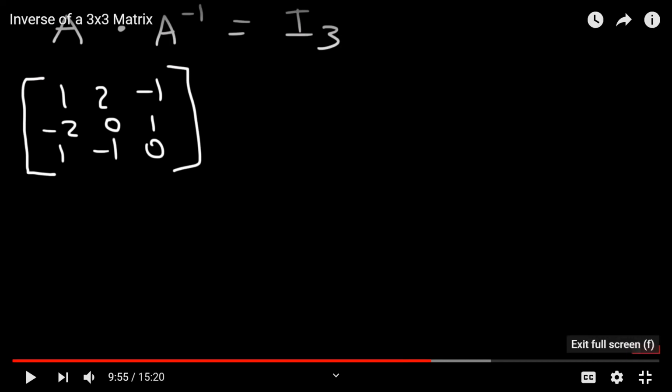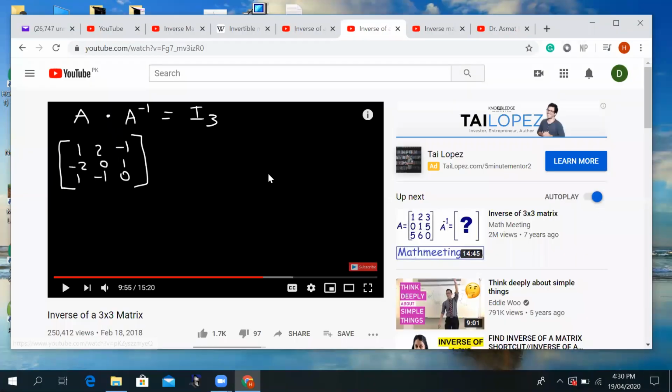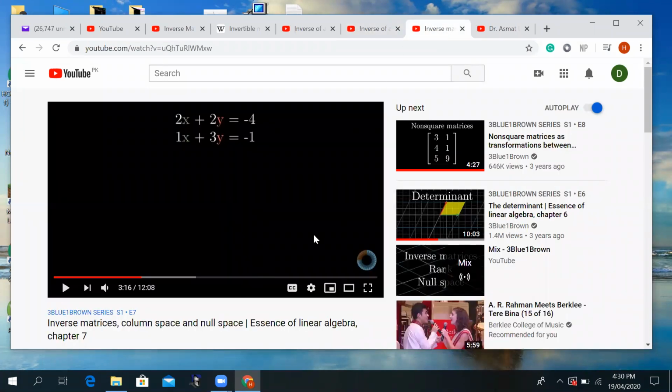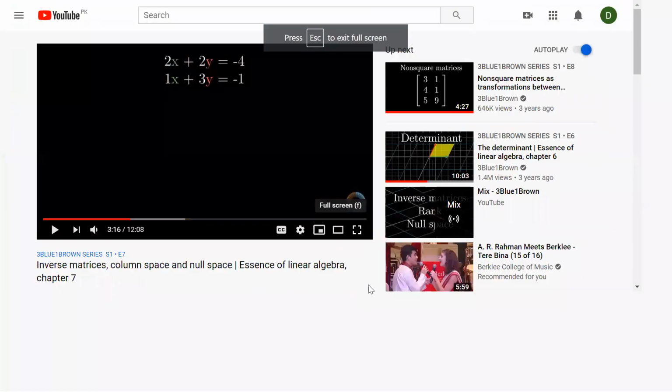So that was the computational aspect of A inverse for square matrices. Now let's go into the geometric aspect: what we mean when we say we find A inverse, and what we mean when we say we have to deal with the determinant. Let's look at this a little more in geometrical terms.